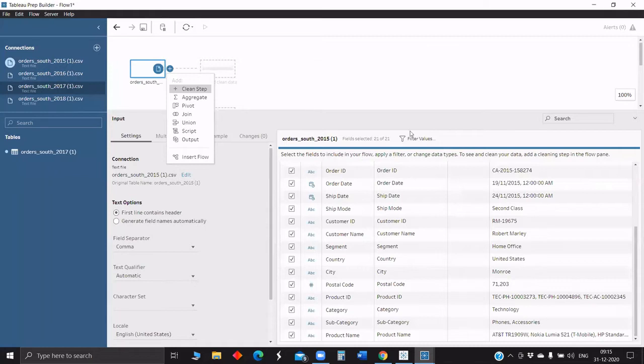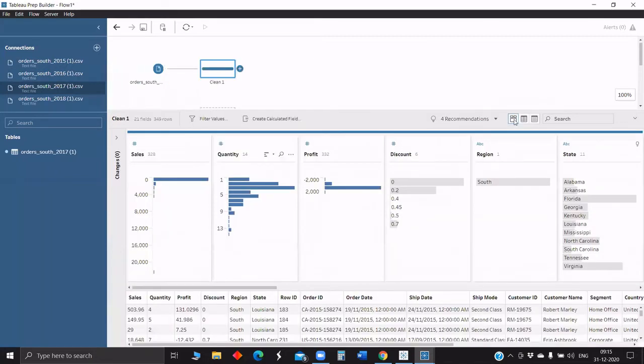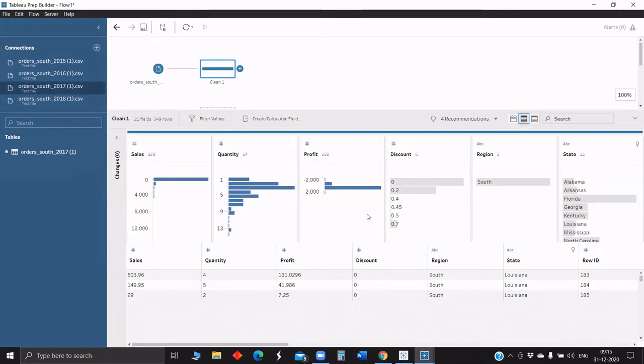So here we have first 3 views. First is the profile pane. This is the profile pane view, where we get overall summaries, like in sales, how much quantity is there, what percentage of those are there. Here you'll be able to see overall how the data is distributed among the fields. And next we have the data grid.